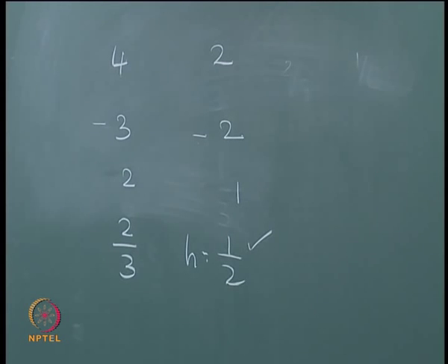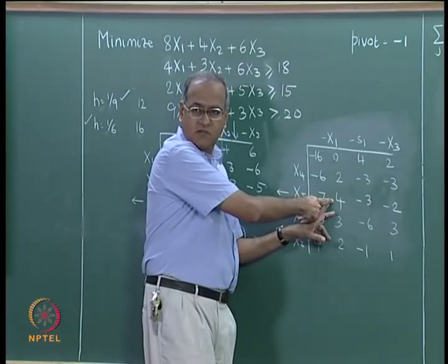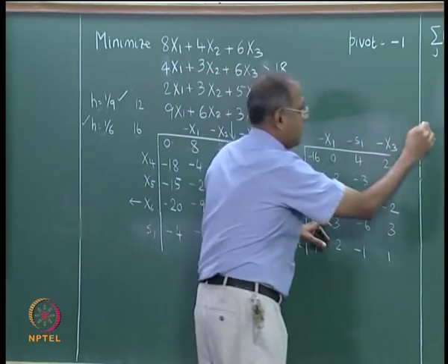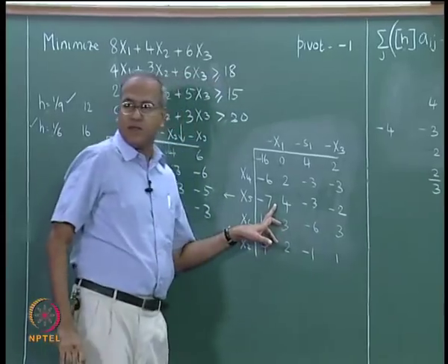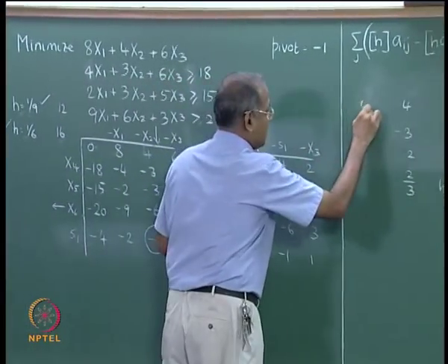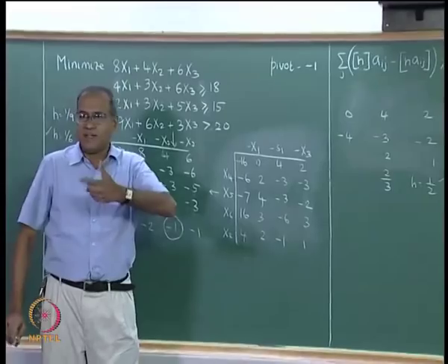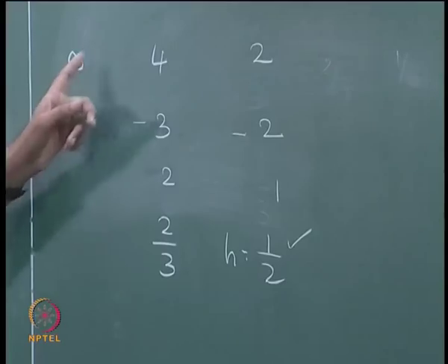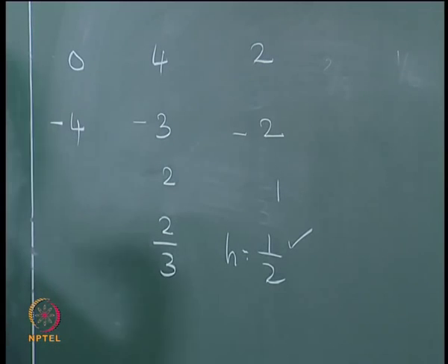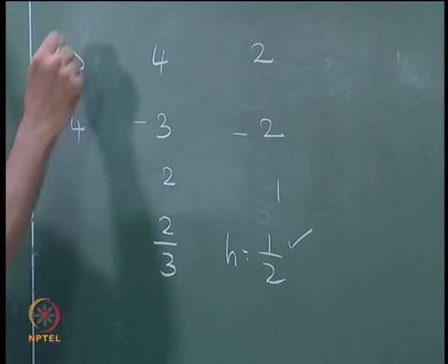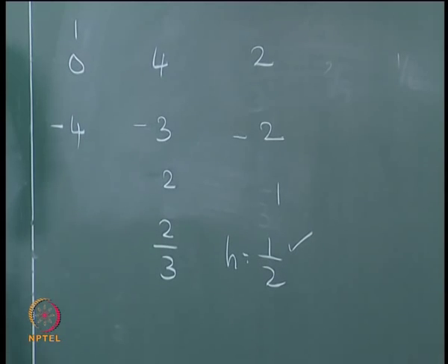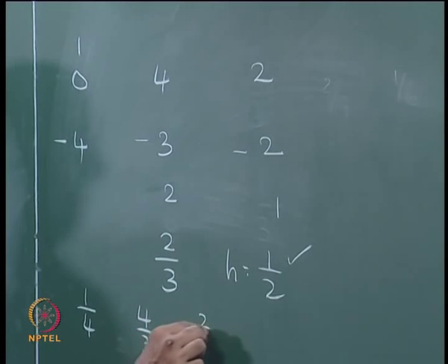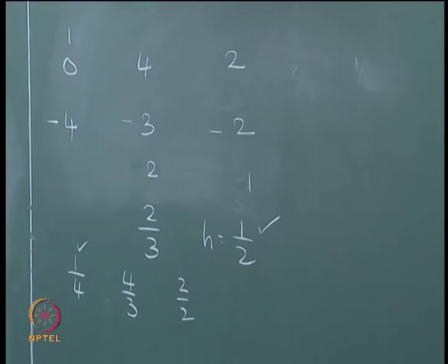If for some reason this was minus 4 instead of plus 4, then we would have taken that minus 4 also here, but then if we take a 0 here, then the lower integer value becomes difficult to compute, because 4 divided by 0, 2 divided by 0. In such a case, what we do is we simply treat it notionally as 1 and then say 1 by 4, 4 by 3 and 2 by 2. So, 1 by 4 will be the value.